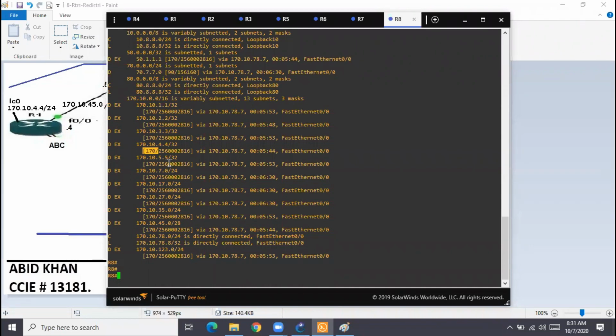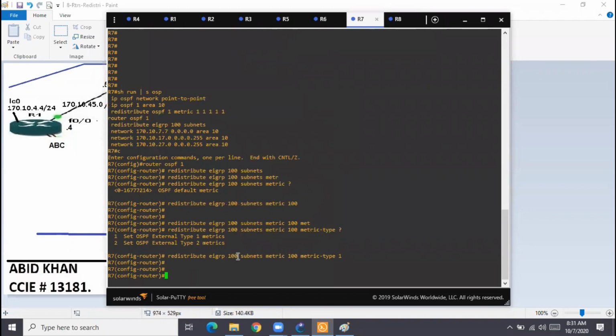Okay. So this is your redistribution. I have explained how to do redistribution and the important considerations while redistributing for all the routing protocols: RIP, OSPF, and EIGRP. If you don't do something, what happens? If you do something, what happens? If you see the OSPF configuration, I explained, if I do only this much command, what happens?